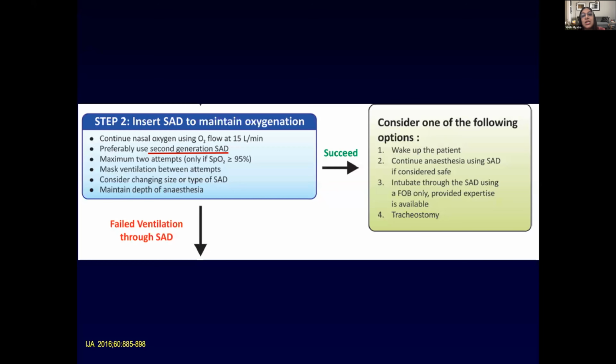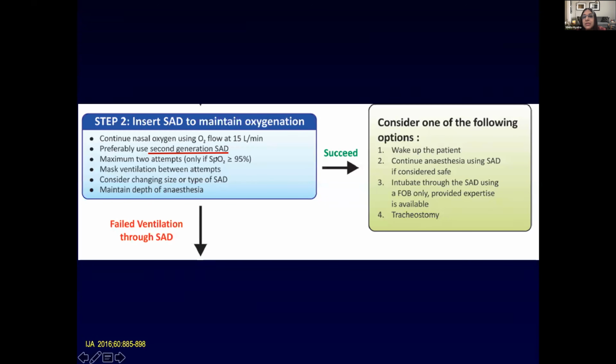What you should do is try to oxygenate this patient, try to ventilate this patient. What is very important to remember is not intubating will not kill a patient, not ventilating and oxygenating will. So at all times, maintain oxygenation, try to ventilate the patient in whatever way, and it doesn't have to be an endotracheal tube. So when you have 3 attempts